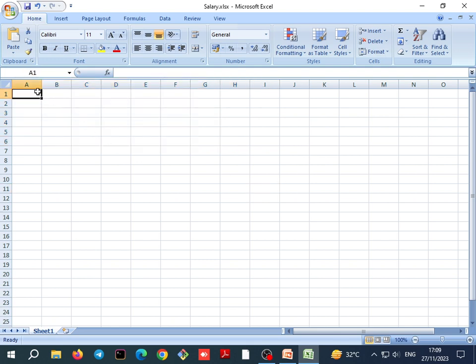So let me quickly add some data like employee ID, first name, last name, salary, expenses and savings. Okay, see, I've created a row of headings: employee ID, first name, last name, salary, expenses and savings. And quickly I will add some data, like employee ID 101, 102, 103, 104, 105. Okay, that's it. So first name, give any random name, for example Ankit